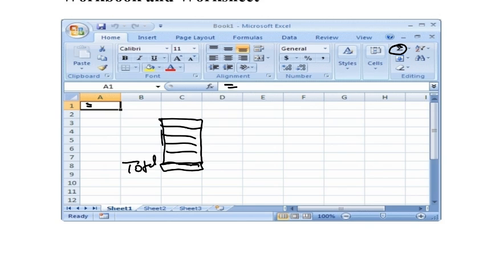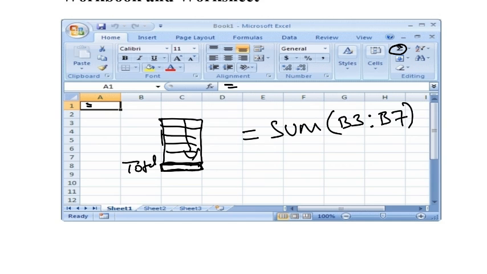Or else if you have to write the formula, then the normal formula you can write will be equal, and the formula for adding will be SUM, then opening bracket, the starting cell will be C3, up to what you have to add, up to C7, close the bracket and press Enter. Automatically, in this particular cell where you have typed this, it will add all this data and show the total. The same way it can be multiplication or any other operation. If you have so many columns, then doing these activities is very easy.